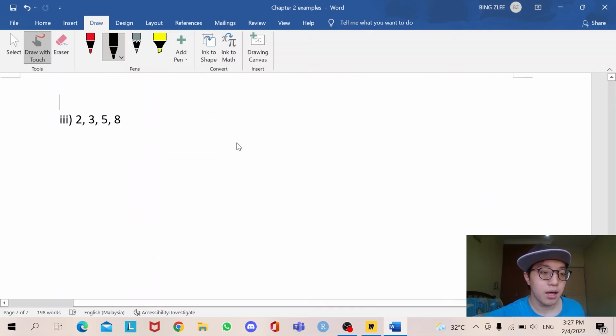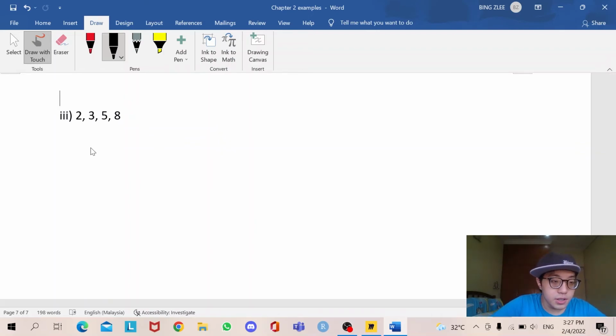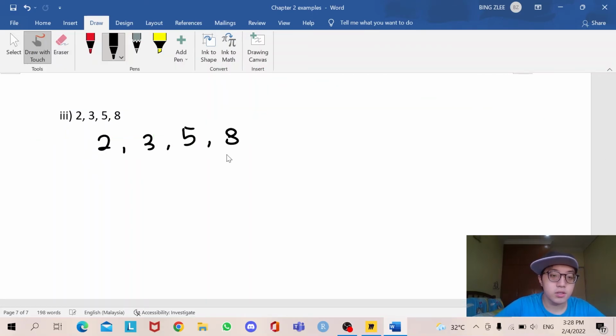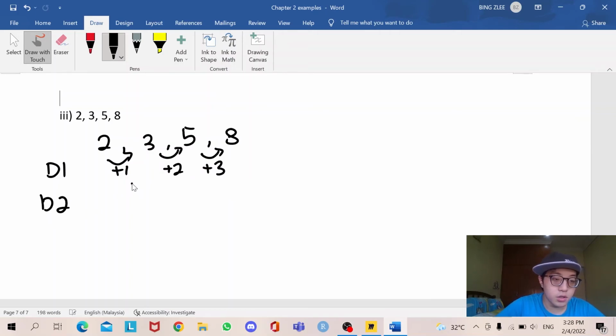And the last example I've prepared here is this one: 2, 3, 5, 8. So if you are to use the difference row number 1 to look for it, it's going to be plus 1, plus 2, plus 3. And then if you further go down to D2, you will have plus 1 and plus 1. So in order to know whether you need to go on to D3, D4, and so on, you must have at least